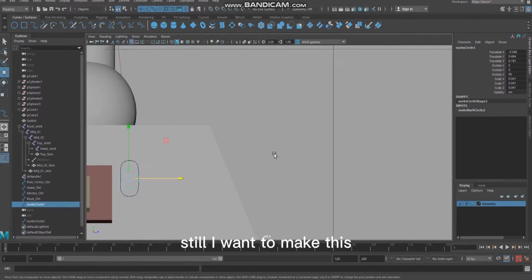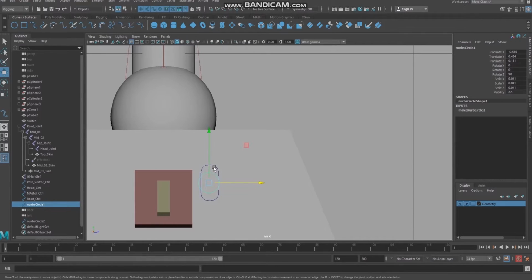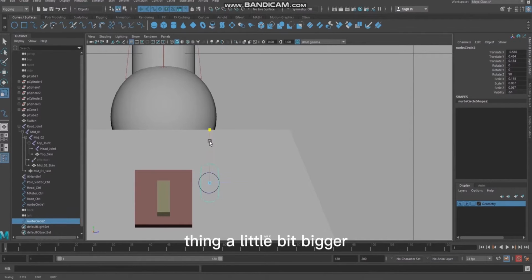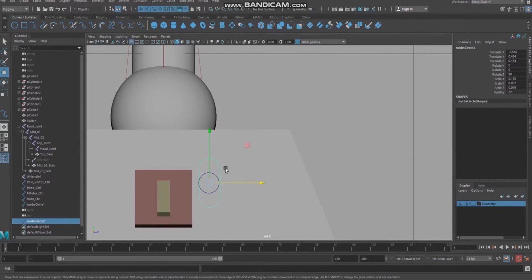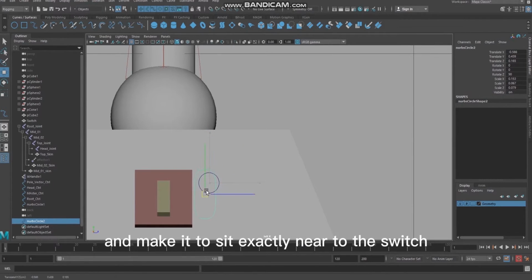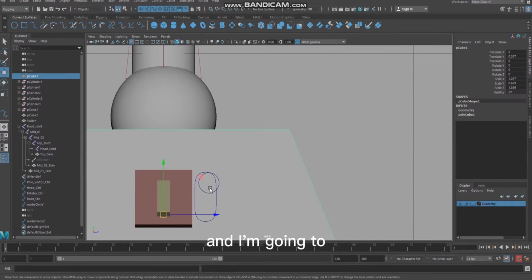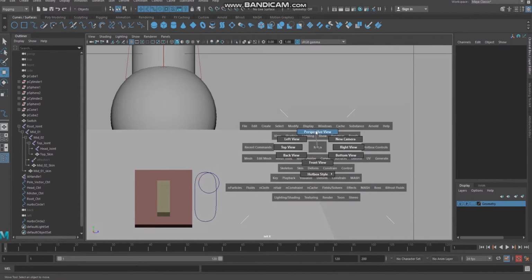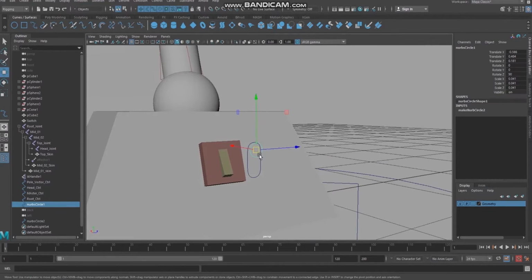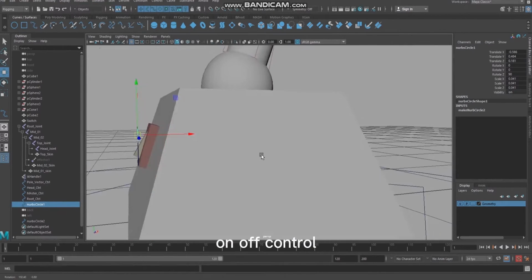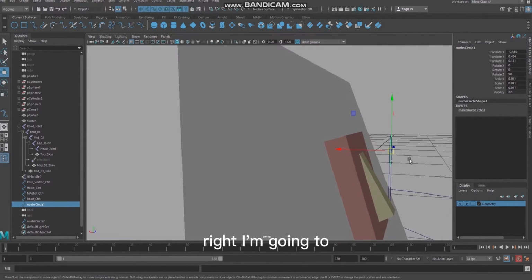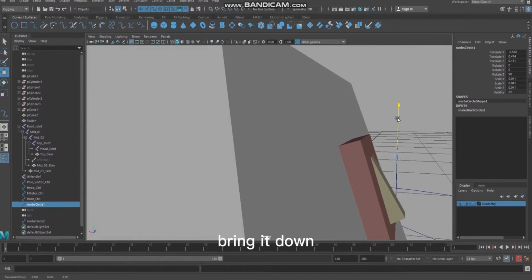Still I want to make this thing a little bit bigger and wider and make it sit exactly near the switch, and I'm going to select this on off control. Right, I'm going to bring it down